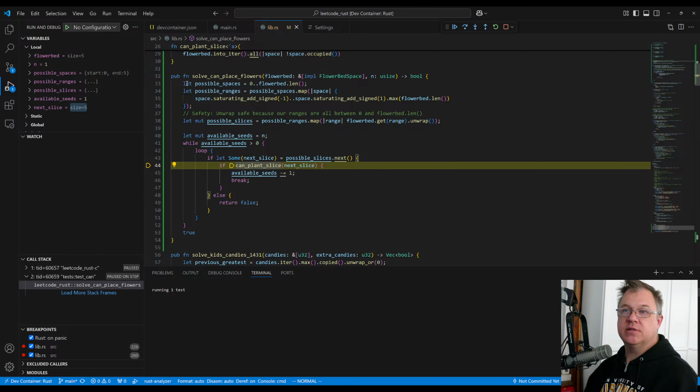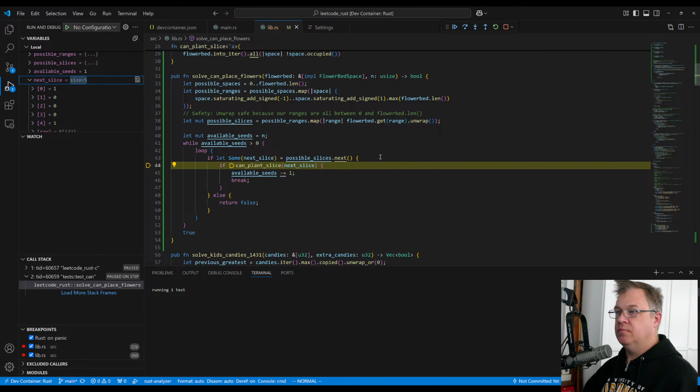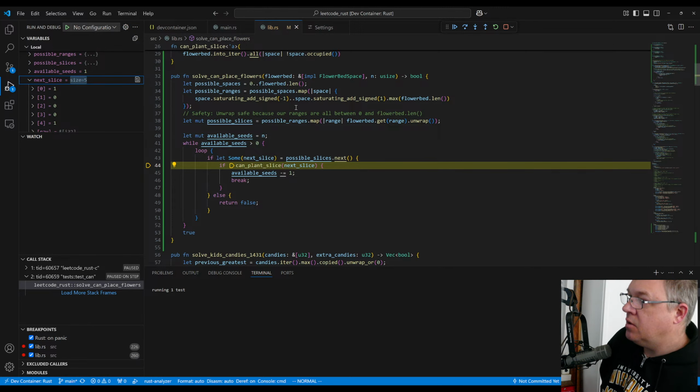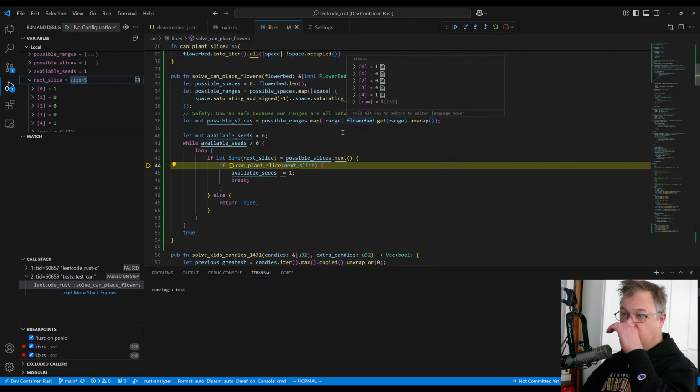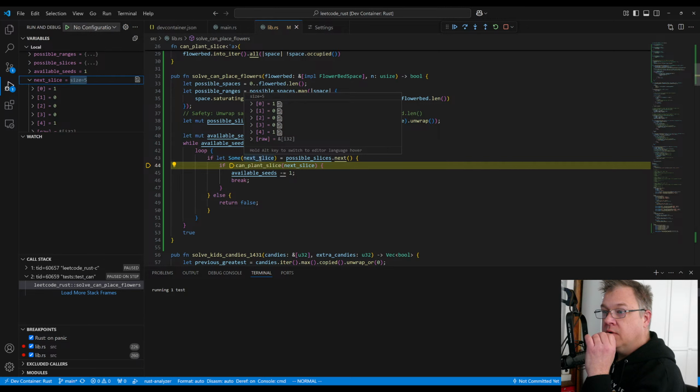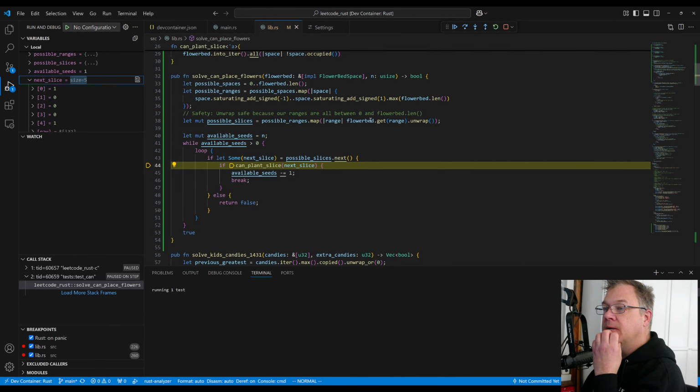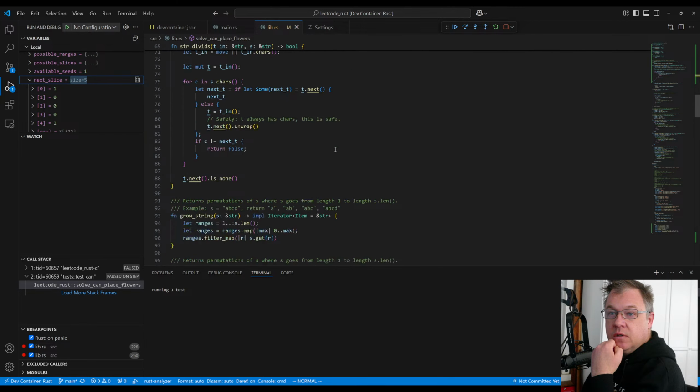Our next slice here is going to go from 0 to possible slices. Spaces from there to there. Why are we getting the whole slice?